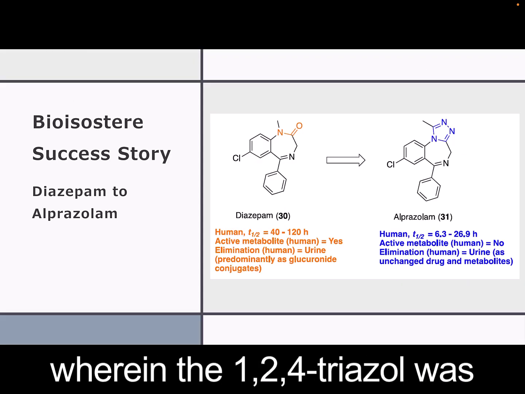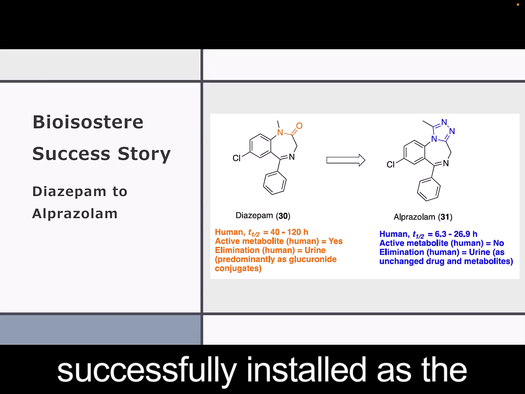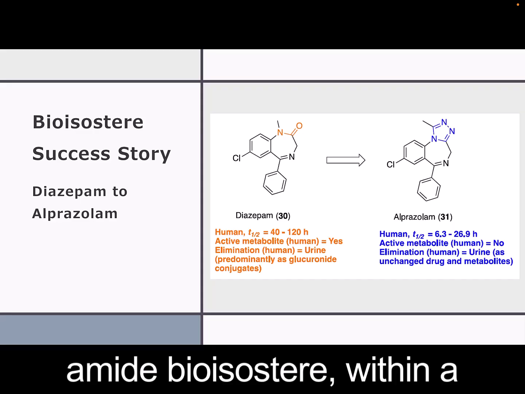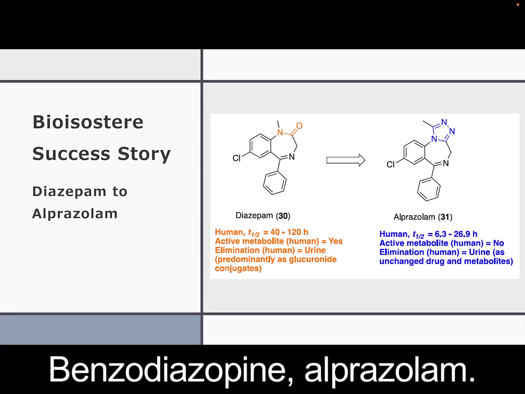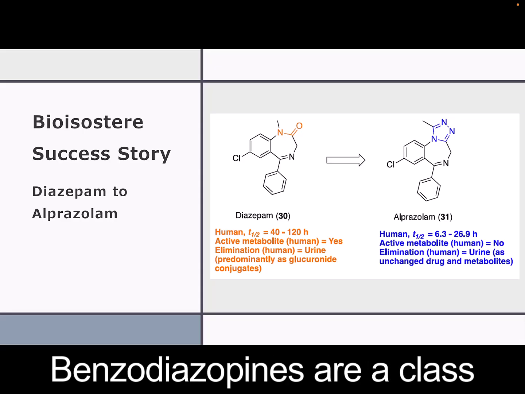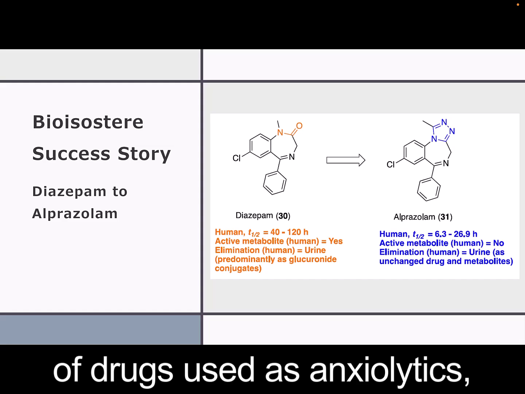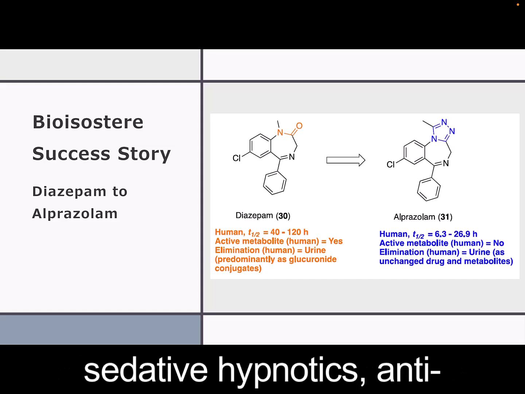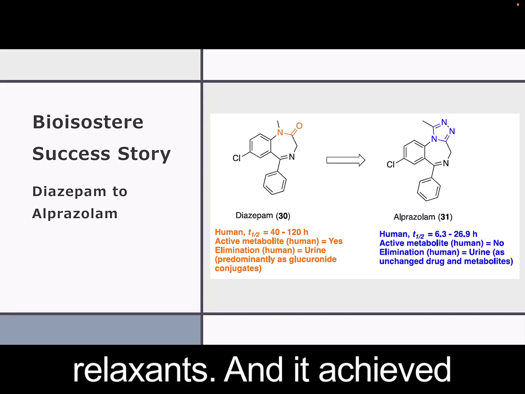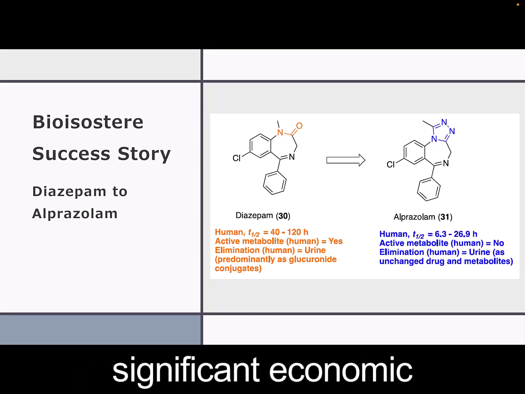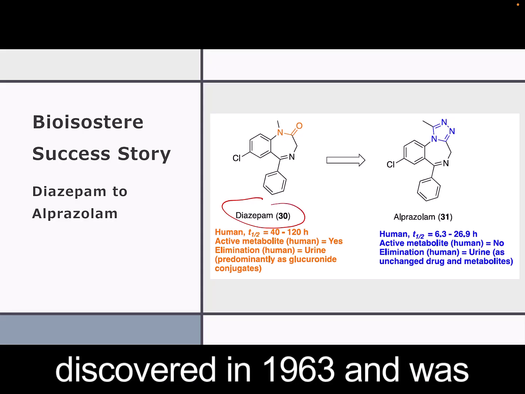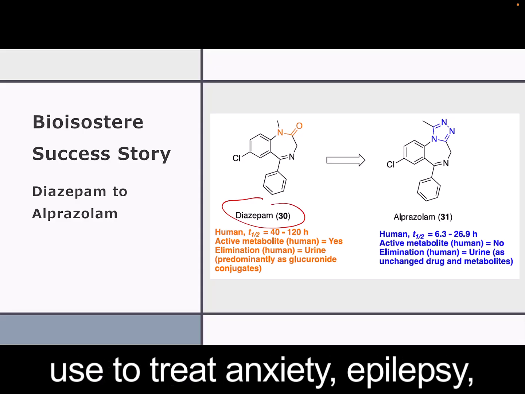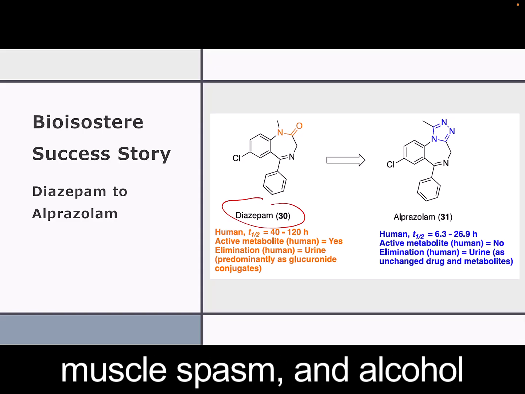An example wherein the 1,2,4-triazole was successfully installed as the amide bioisostere within a rigid ring system is found in the short-acting benzodiazepine alprazolam. Benzodiazepines are a class of drugs used as anxiolytics, sedative hypnotics, anticonvulsants, and muscle relaxants, and have achieved significant economic success. Diazepam was discovered in 1963 and was later approved for clinical use to treat anxiety, epilepsy, muscle spasms, and